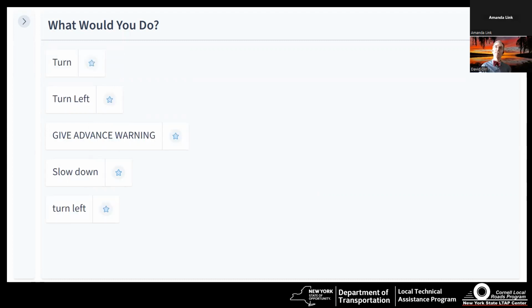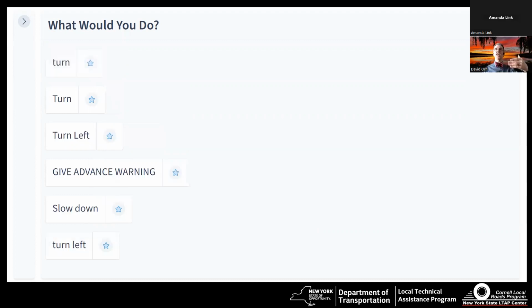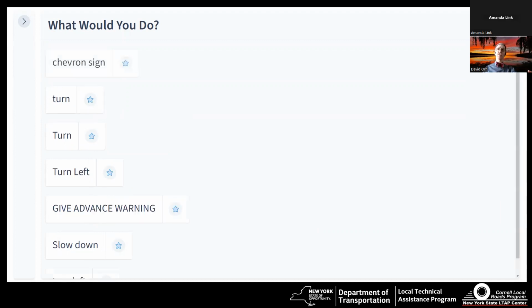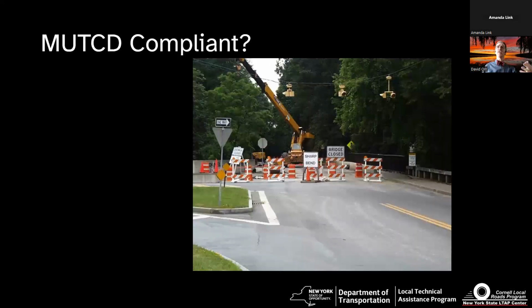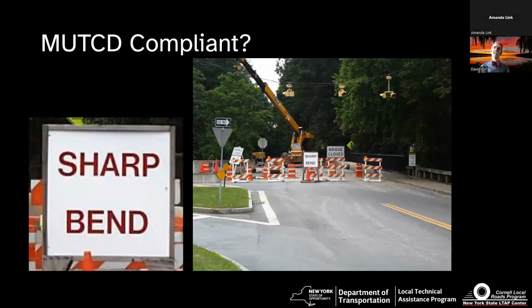Yeah. The problem is, remember, as developing a work zone, you've got to communicate to the driver what they're supposed to do. Okay? So yeah, we got to turn, but really we got to do better than this. A sharp bend, is it left, is it right? At night, if the markings were down and diminished and there's not good lighting for some reason, you might not have any idea what you're supposed to do. That's not really the proper signage at all.